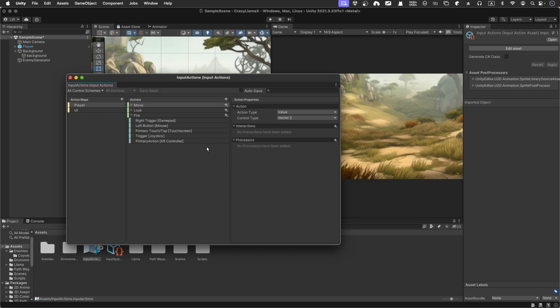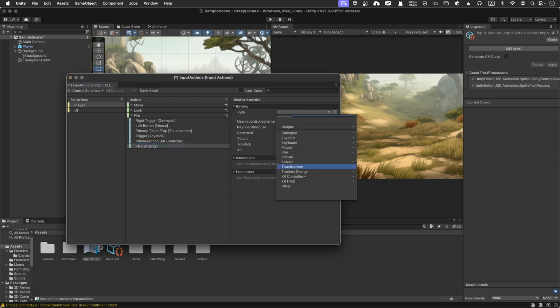So you can add whatever you like by adding a binding. Then this is just the empty binding. You can change the path here. So for example, you can say gamepad or keyboard. You want a keyboard for that, and you just